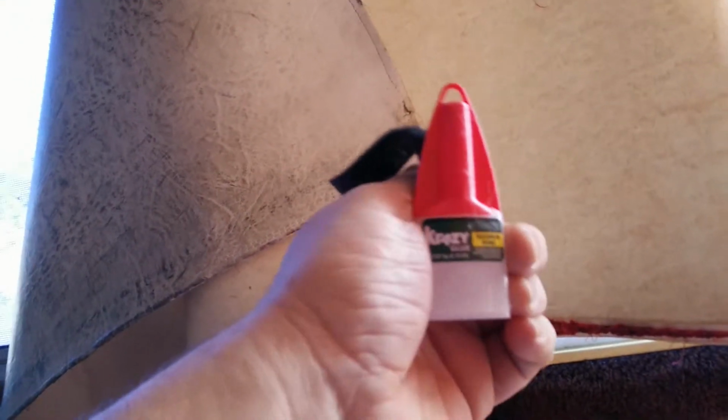All snap rings on the top, Velcro on the bottom. That way if the dogs decide to rip the curtains up, the Velcro will come off and not rip another hole in the curtains by tearing the snap tag out. And that's what I was going to tell y'all. If you want to use Velcro, just get you some super glue, crazy glue. I think this is the gel type,